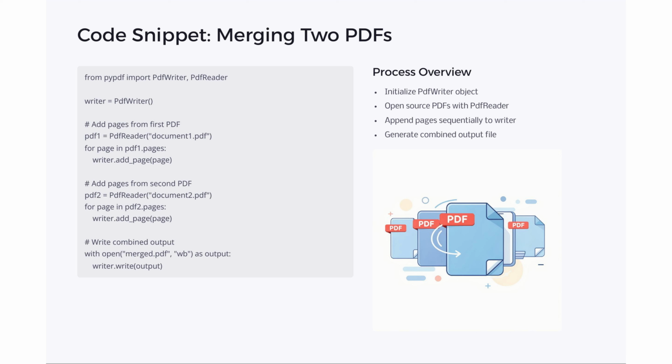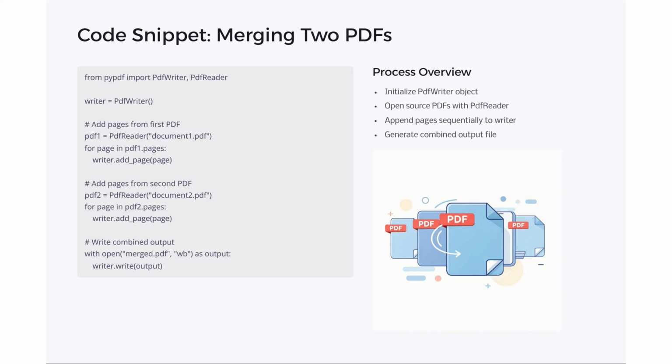To merge PDFs using PyPDF2, initialize a PdfWriter object. Open each source PDF with PdfReader, then append their pages to the writer sequentially. Finally, write the combined pages to a new file, creating a single consolidated document. This process efficiently combines multiple PDFs into one,